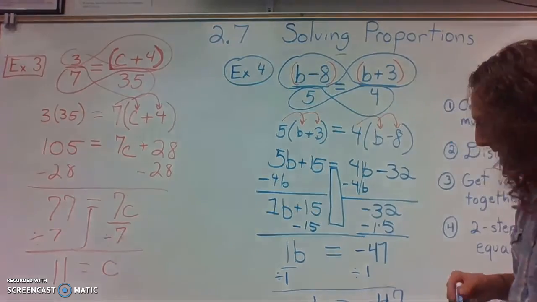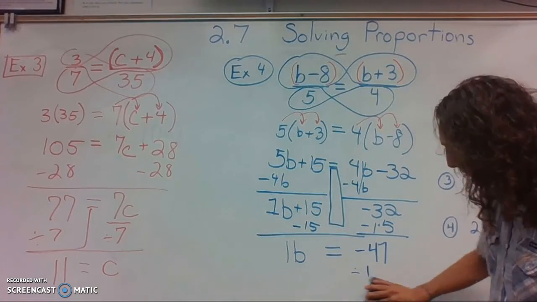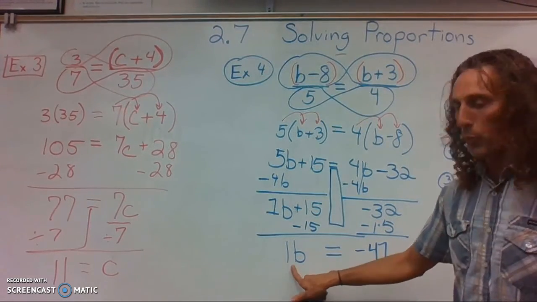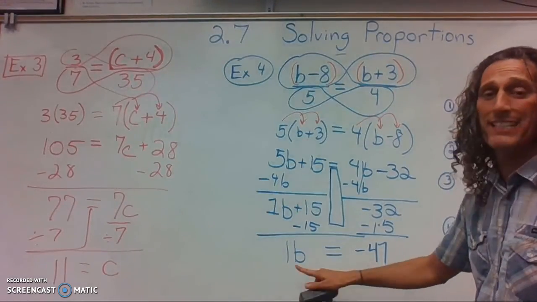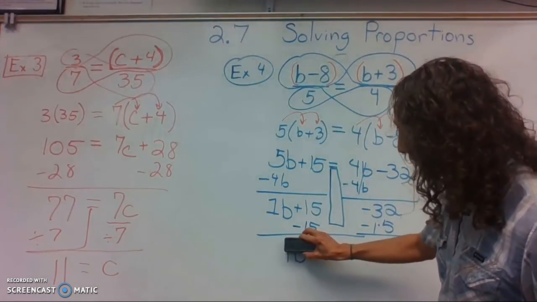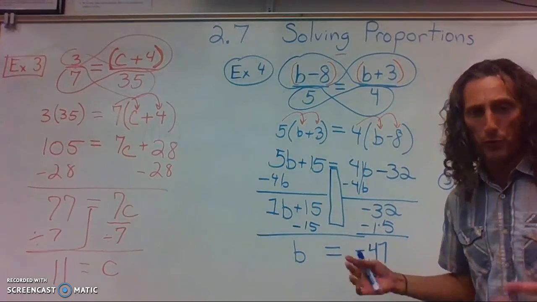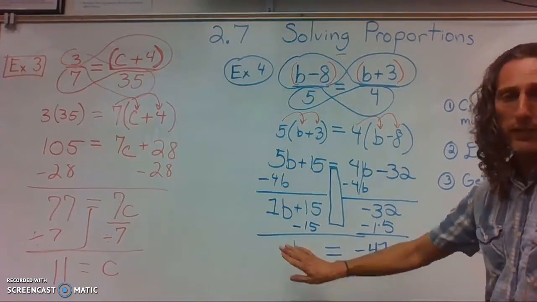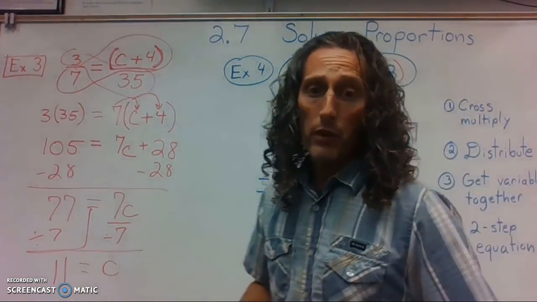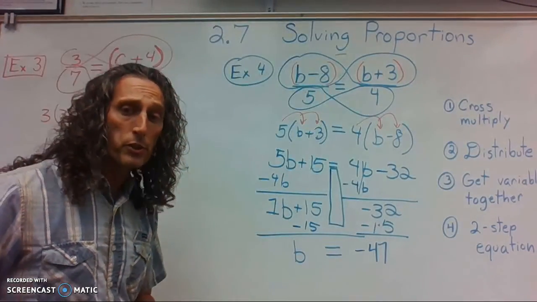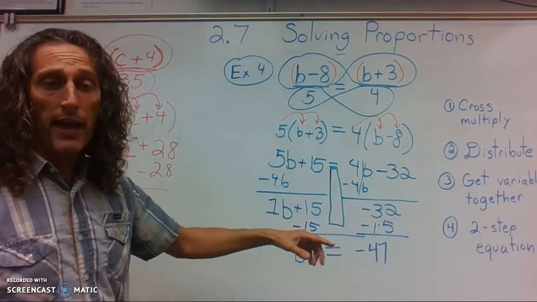Okay? Oh, it looks like you guys can't see that, so we'll just do this instead. Since this is a 1b, if I divide negative 47 by 1, it doesn't change. So this actually is my answer. If it was any other number, then you would have to divide by 2 or 3. But since that was a 1, we can just get rid of it. b equals negative 47. So make sure to hit pause maybe right now, get this stuff written down, and make